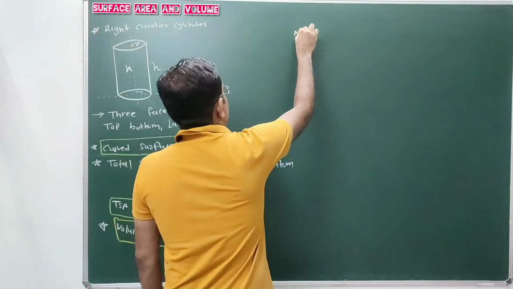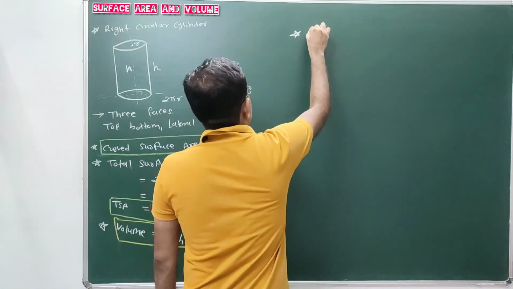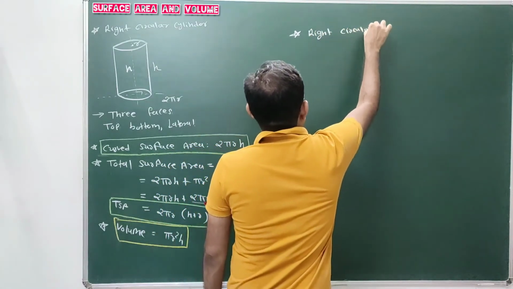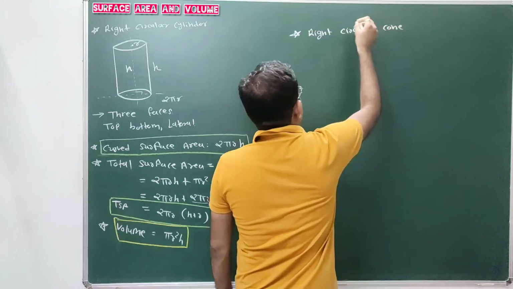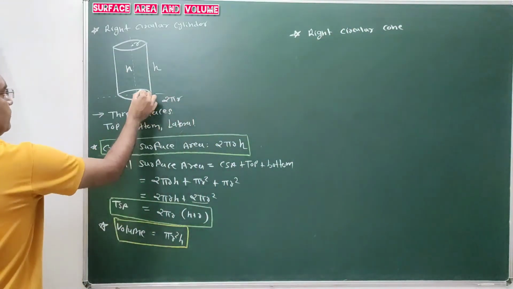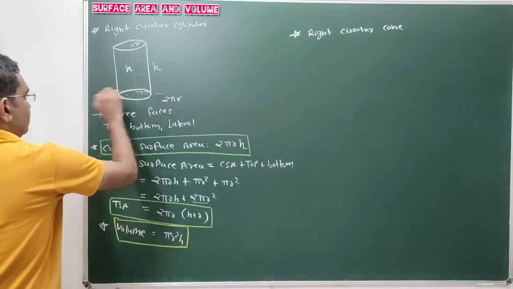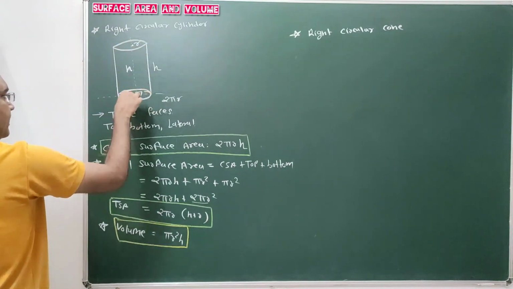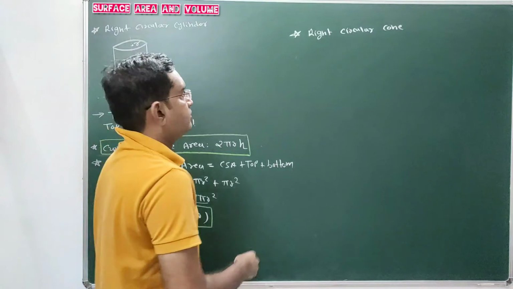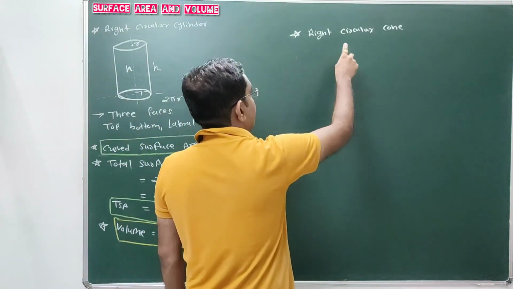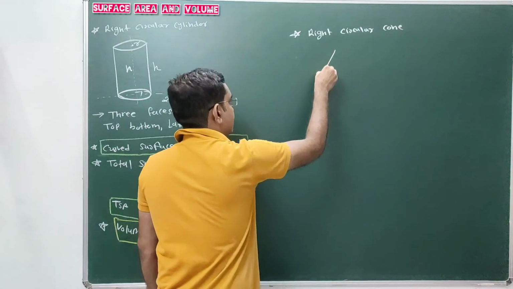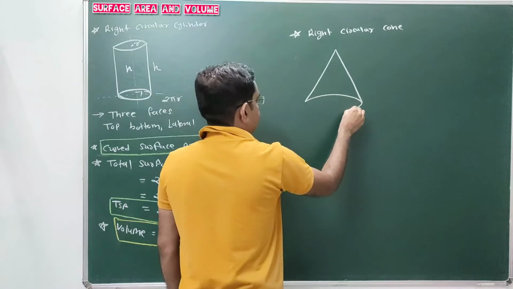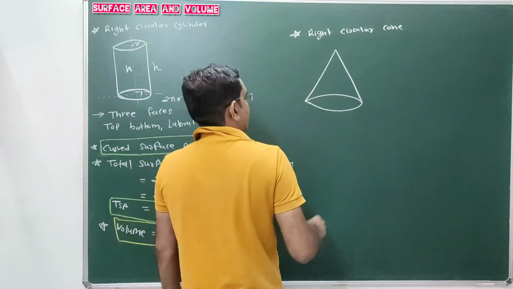After the right circular cylinder, the next solid is the right circular cone. Right circular: the bottom and top of the cylinder are circular, and it is called right because the vertical axis and horizontal axis make 90 degrees. Similarly, we are using the words right circular cone. So what is a right circular cone? Vertical axis and horizontal axis are at 90 degrees and the bottom part is circular,